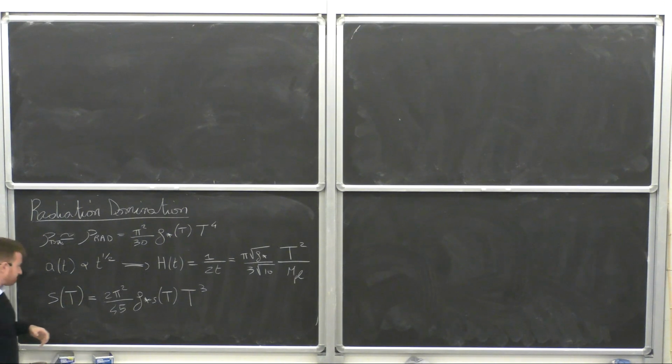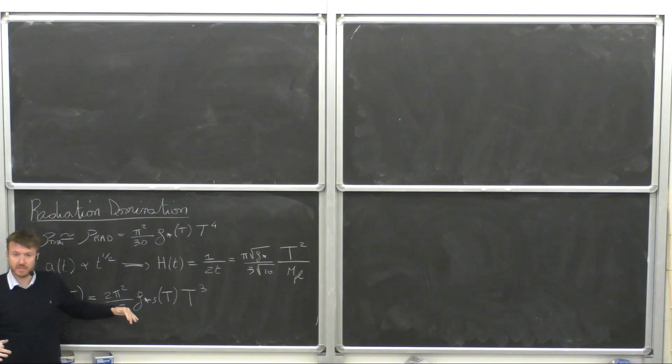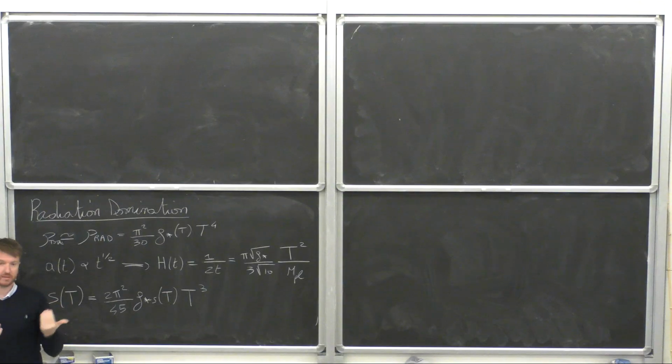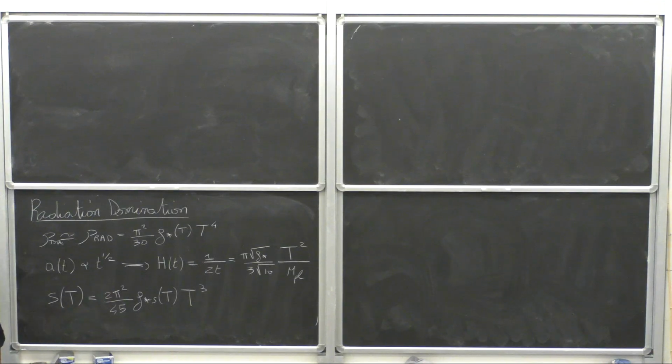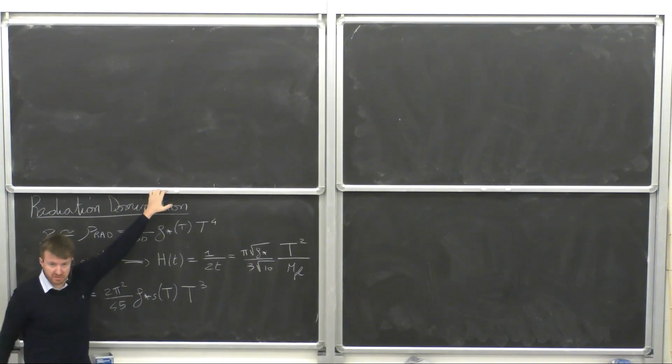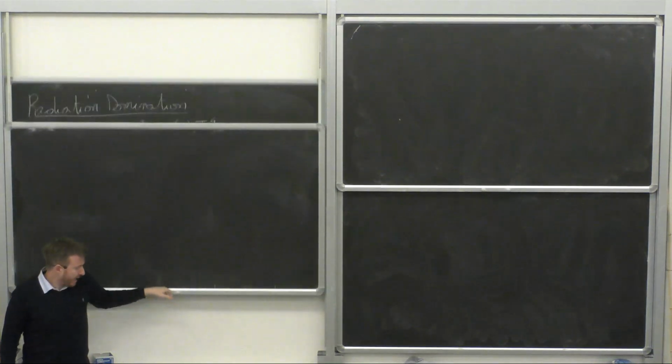And then, as we discussed at the very end of the lecture this morning, g star and g star S change by a factor of 10 across the entire radiation-dominated history. So we will take g star constant, and of course, if you want to be precise, you can do better than that, but especially for this hour where we do estimates of dark matter relic density, g star will be a constant, and it will be of the order of 100, okay? Okay, so